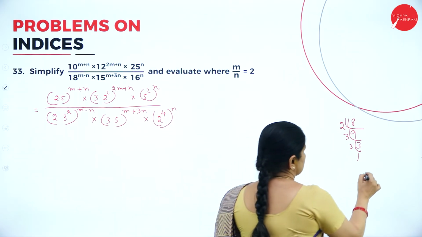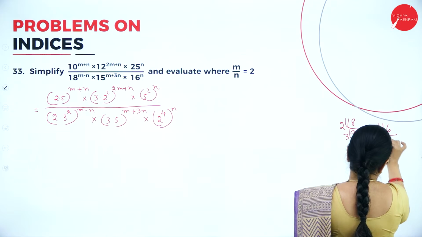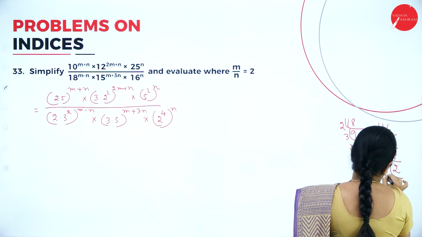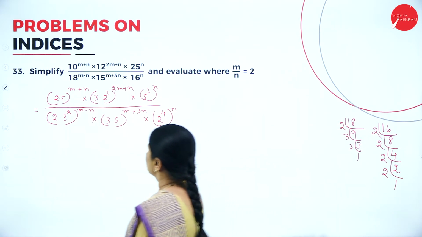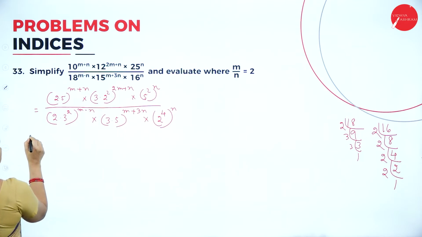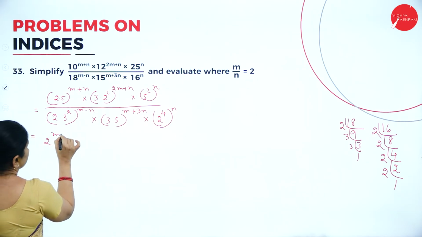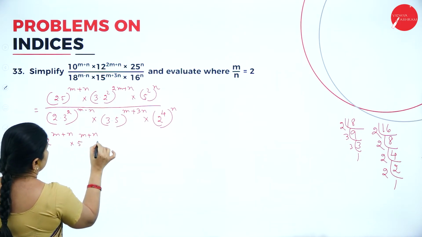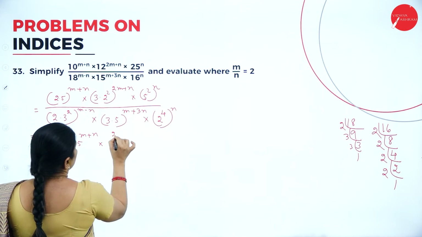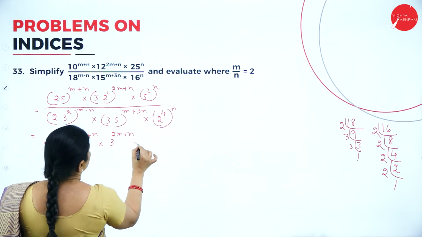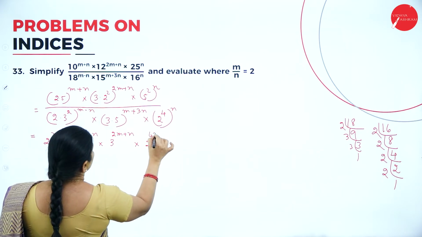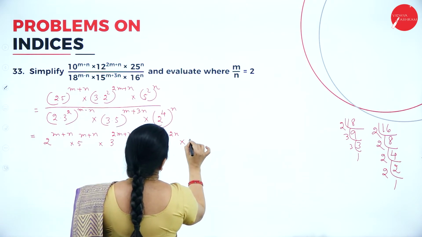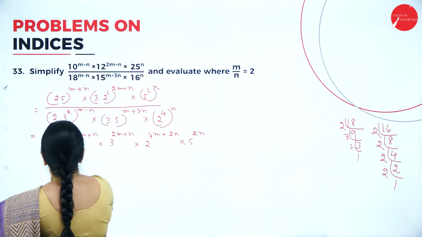So 16, if I factorize the number 16, 2 8s are 16, 2 4s are 8, 2 2s are 4, 2 1s are 2. So this is the answer I am getting. Now I will simplify this further. So 2 to the power of m plus n into 5 to the power of m plus n into 3 to the power of 2m plus n into 2 to the power of 4m plus 2n into 5 to the power of 2n, whole over